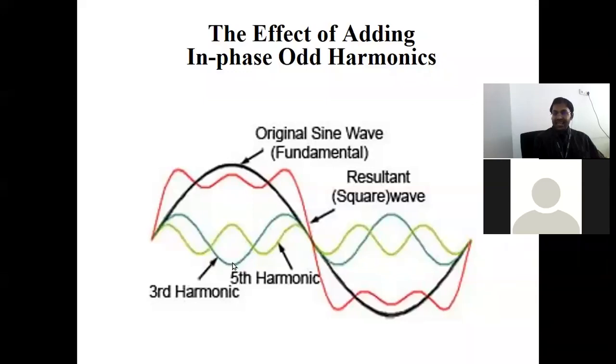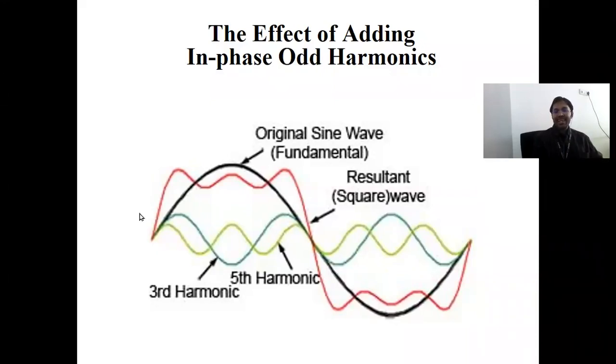Your dark green is in terms of sin 3 omega t, and light green is in terms of sin 5 omega t. Not only that, if you see, the amplitudes are not the same. The black sinusoidal signal has a larger amplitude. With the amplitudes multiplied by the sinusoidal signals, when you add up, you are getting this resultant waveform.